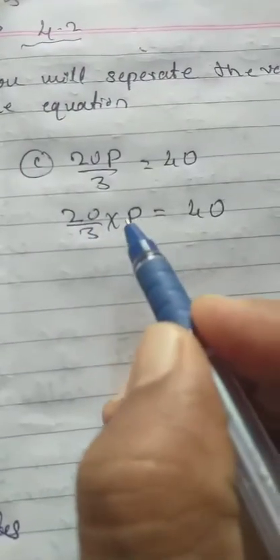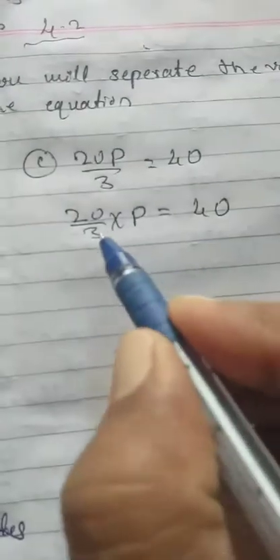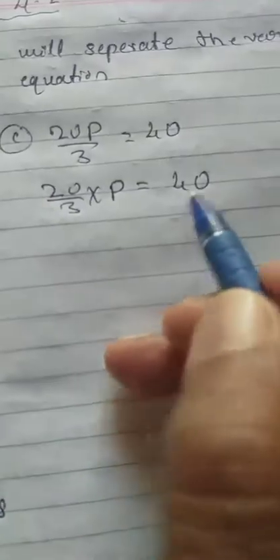In the left hand side, the variable p is multiplied with 20 by 3. So, to cancel this 20 by 3, we have to multiply the complete LHS by 3 by 20. Therefore, multiplying on both the sides by 3 by 20, we get